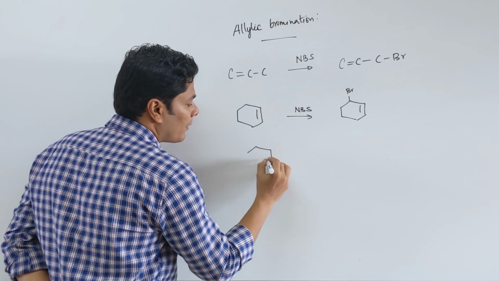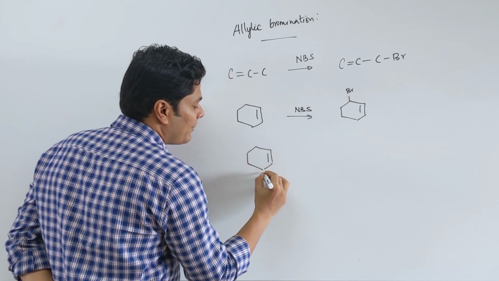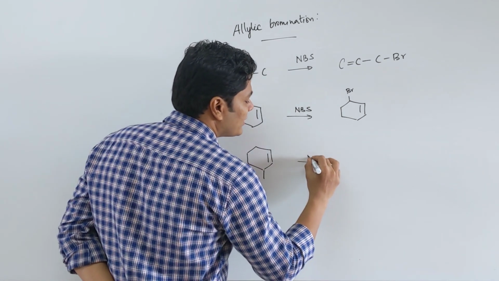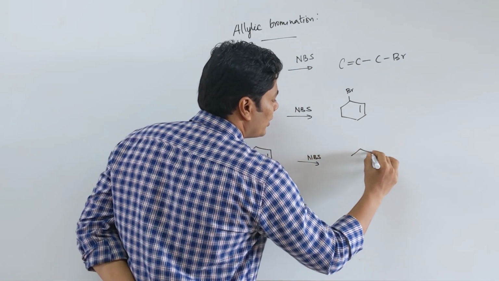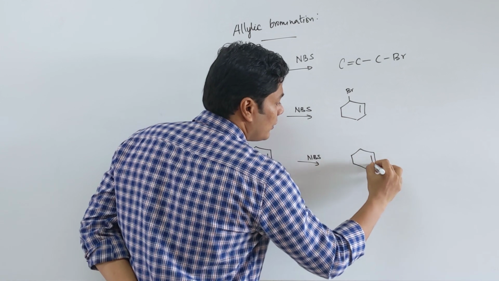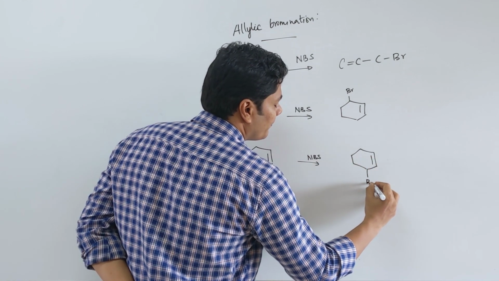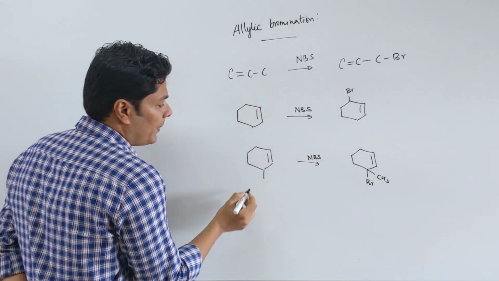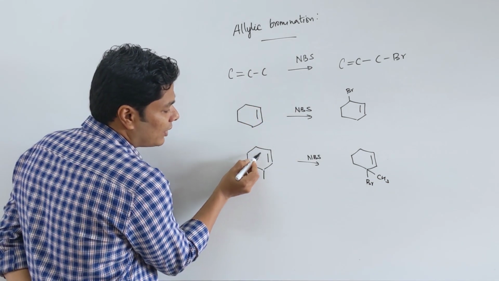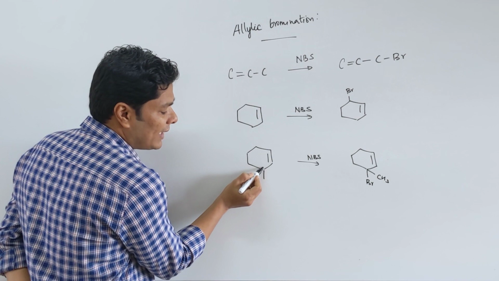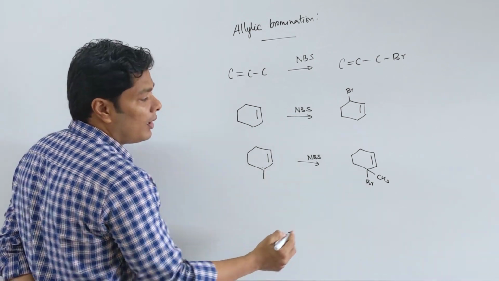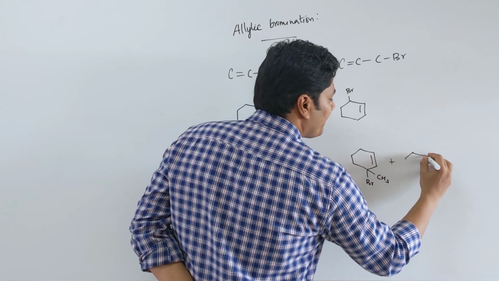Now, the same compound can be modified this way. If we do this, then N-bromosuccinimide will give you the corresponding compound, but I have two allylic positions right now. But this allylic free radical is not as stable as this one because it's not only allylic, it's a tertiary free radical. Hence, I will get the corresponding compound, this one, plus a minor product.